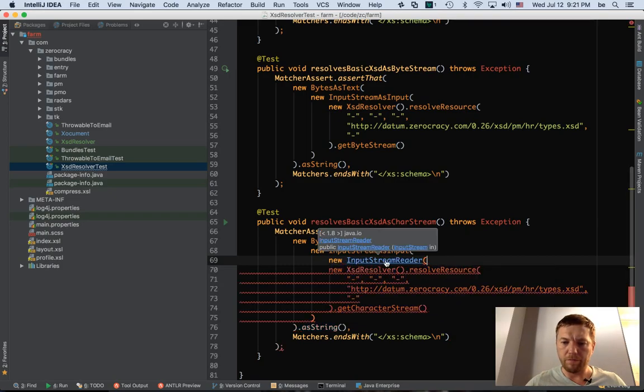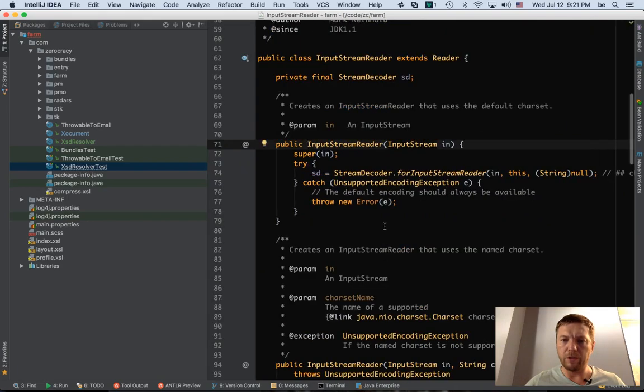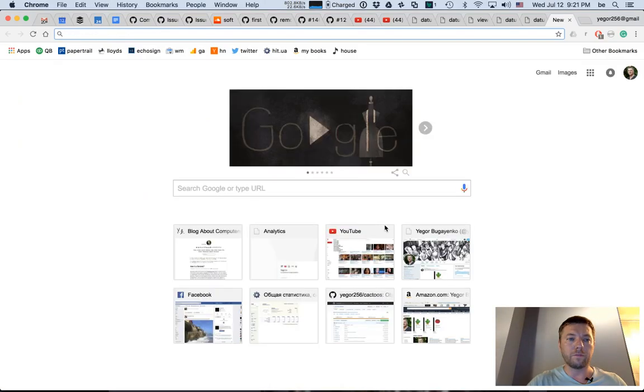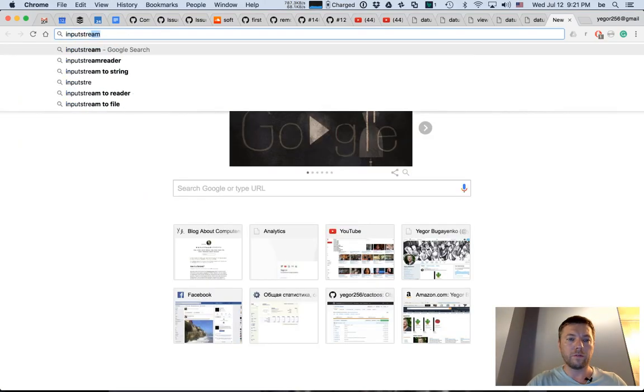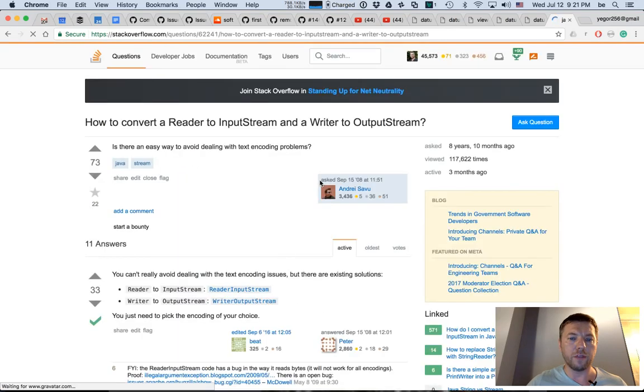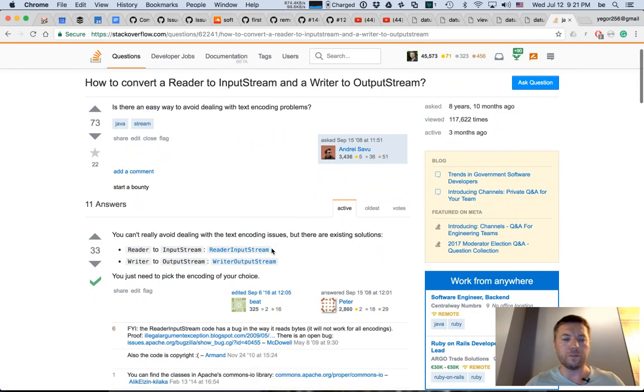Is it an input stream reader? No, it's the other way around. So to convert, okay, then we need this one. Now we need the reader to input stream. See how to convert reader to input stream? I don't know that. Stack Overflow is going to help. Reader input stream. There you go.